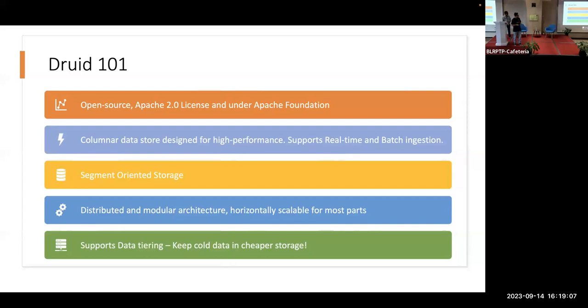It's distributed. The modular architecture is actually quite amazing. In fact, the first time I read the Druid white paper, it stayed in my face, saying, wow, this is what modular architectures can do, and this is the advantage. So if there are younger engineers, I would really say that you should read the Druid white paper. And I have referenced it at the end.